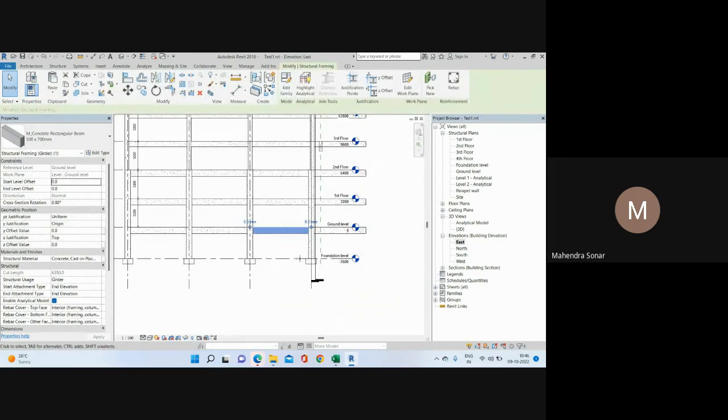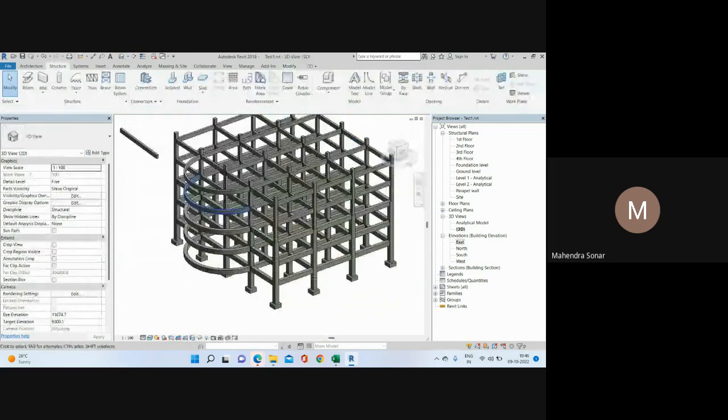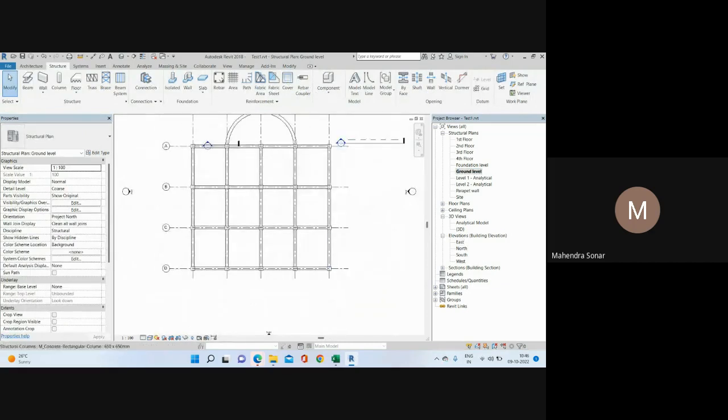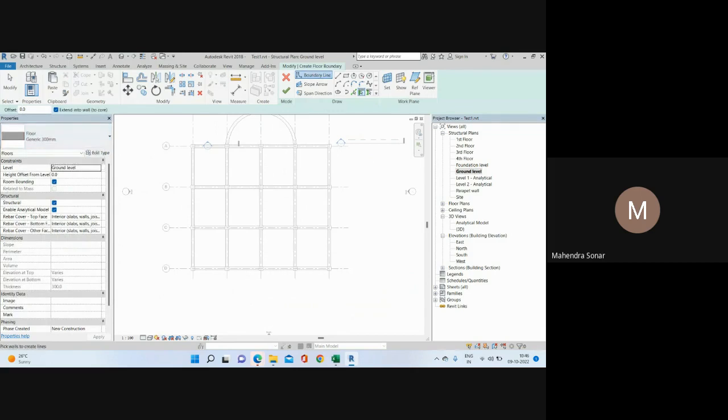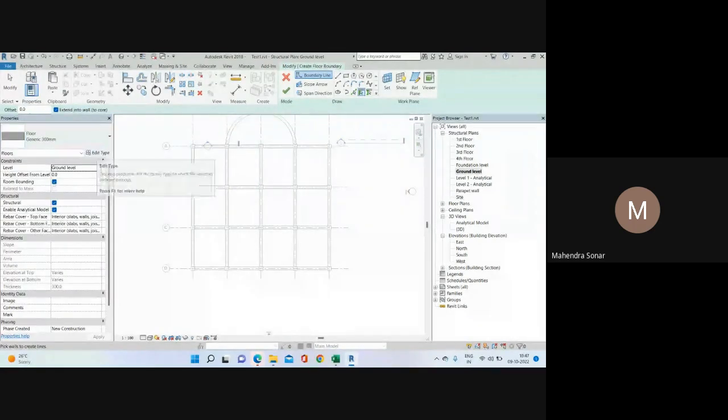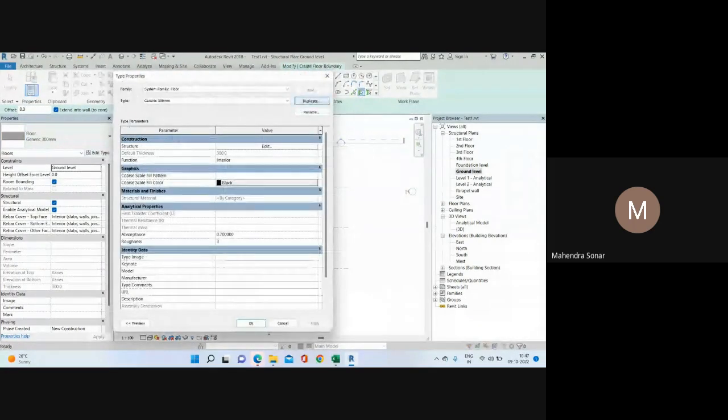So I want to add here a 250 thick slab. You need to go here in the model, or go to the ground floor level. At this level I want to add the floor slab. So you need to go here, floor, and click here, floor, right? First of all, you need to change your dimension as per your requirement. You can see there is no 250 thick slab. So what we'll do, you need to click here edit type, then duplicate, and you can just give the thickness here